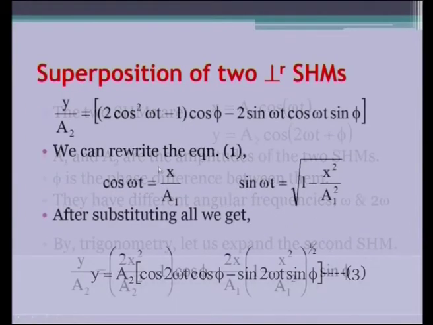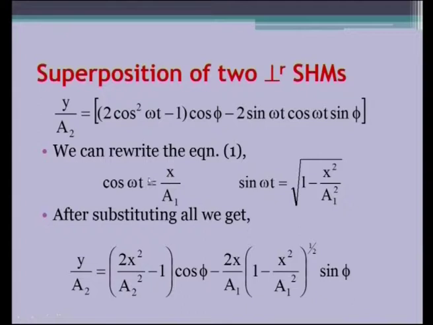Then rewriting the first equation for cos and sin and putting them again in the equation for y, rewriting will finally bring this equation as the final equation. These are all just mathematical simplification, self explanatory. I would like to highlight this final term that we have. See, here we have mixed x and y together. The objective is met.